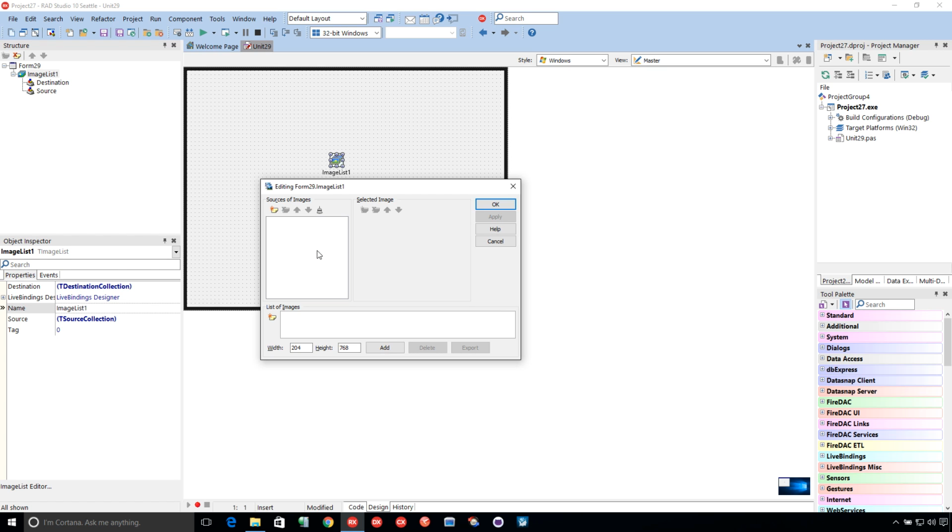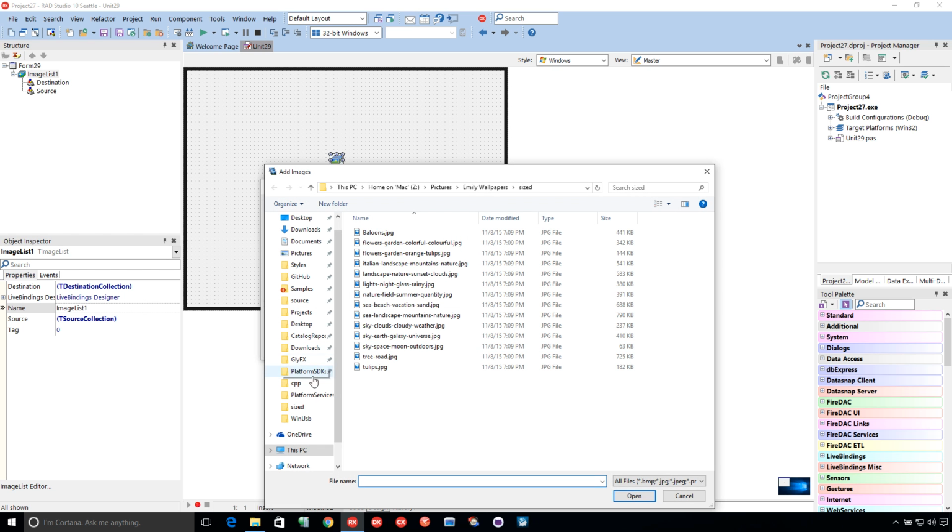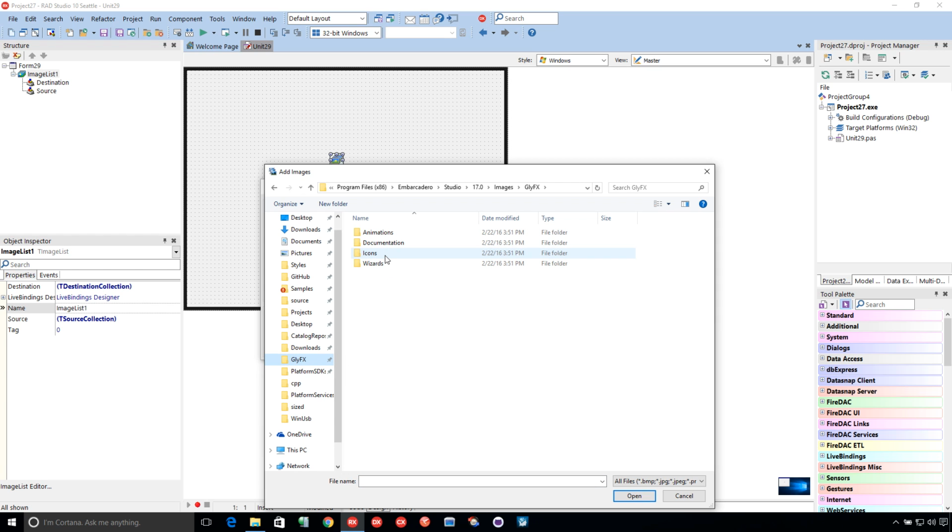So this is the TImageList editor, and it's a little more complex than the one that's with the VCL. Let me show you what we've got going on here. We have the sources of images and then the list of images. The list of images is what you use outside of the image list. So these are the images that are available to be reused in other controls. Sources of images are images that you can use to make layers to be used in your list of images. Now you can just come in here and add a